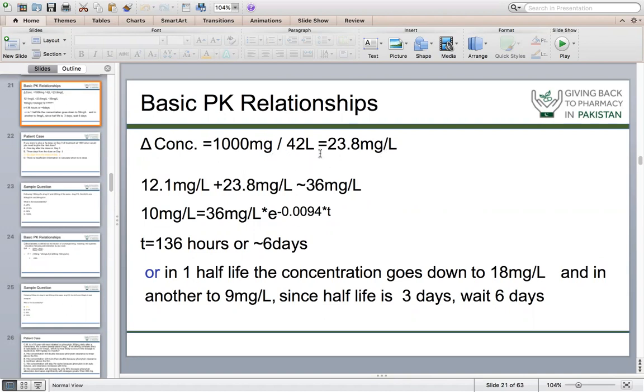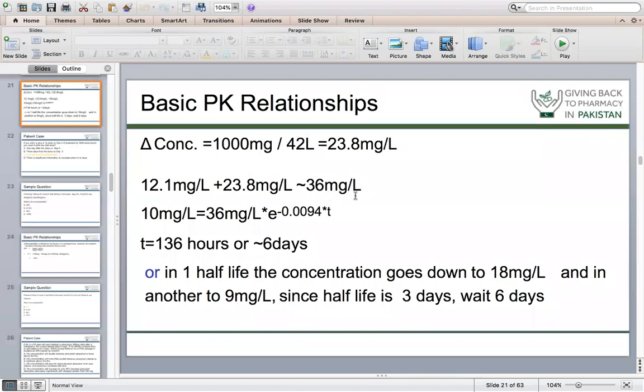But when we give the second dose on day 3, we still have some remaining. How much do we have remaining? The concentration is 12.1 milligrams per liter. Once we give the next dose, it will increase the concentration by about 23.8 milligrams per liter. So it will be added, which is known as drug accumulation. So this is the concentration we will have on the 3rd day,